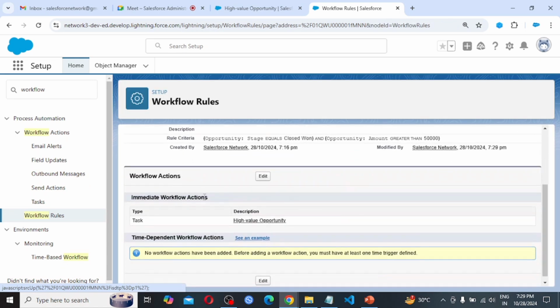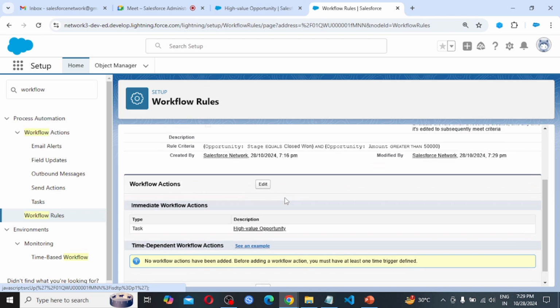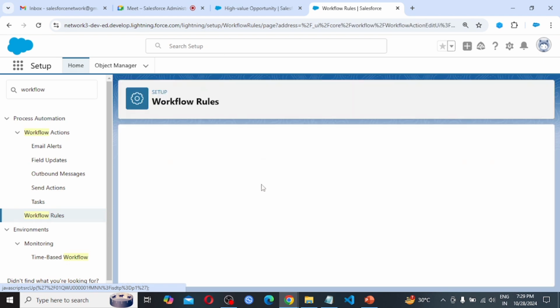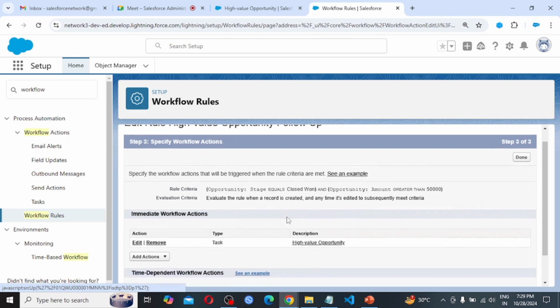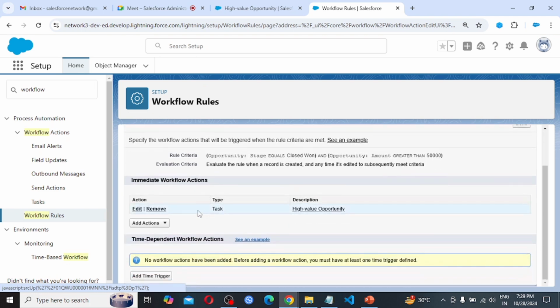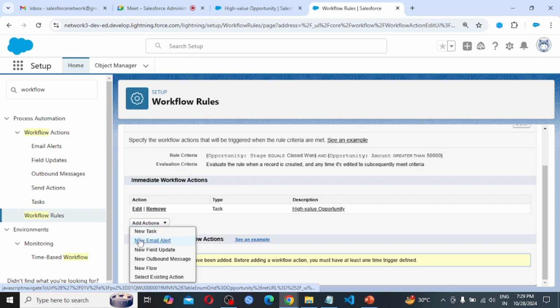So next I am going to create a workflow action. So clicking on edit, I want to create one more action when the opportunity criteria is meeting. So what I am going to do here, I want to update a field as well.